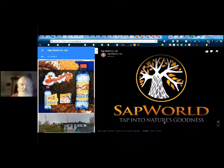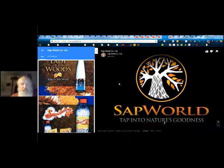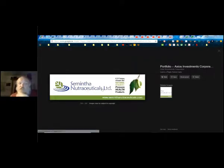We also produced a birch vodka called Birch Wind, but that's not on the market. Basically, we need $1 million to just launch that project. So Sap World spun off into Samantha Nutraceuticals. And what we're doing now this spring is that we've got 7,500 trees that we're tapping. We're collecting birch sap, and we're providing the beverage or the birch sap itself in raw form and concentrate to